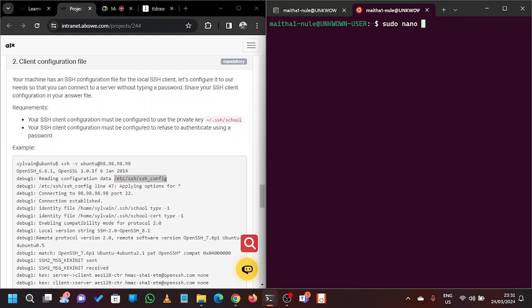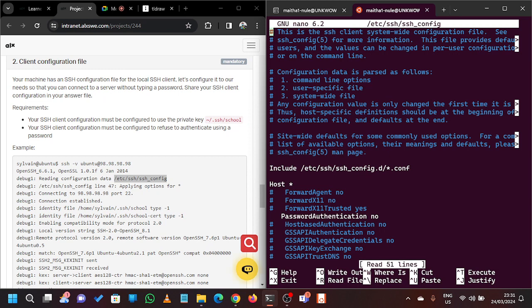So sudo nano, let us edit this quickly because of time. Sudo nano /etc/ssh, yeah, I think that's that. Enter. As you can see here, in this task 2 all you have to do was edit, but we have already edited. You are just supposed to enter this file, look for password authentication, set it to no, and then also you are supposed to edit 2 things, and then change your configuration file to use a